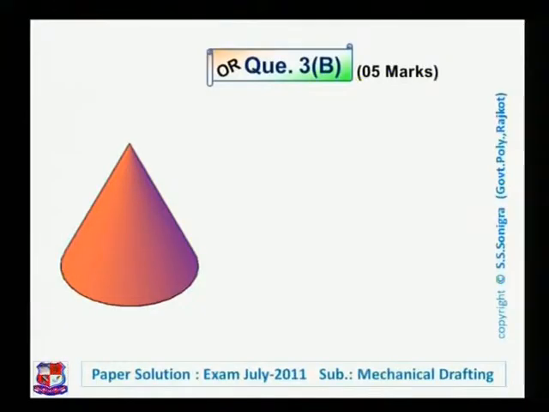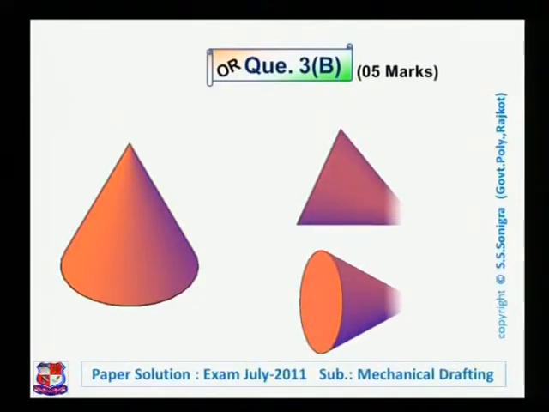A circular cone is given, so it's like this. The object is given like this. The isometric view would appear like this. If it is tilted on the horizontal plane, its front view would appear as a triangle like this, and the top view would appear like this. And the solution of this problem that we drew last time is like this, which is shown over here in Teletop. You can see here.